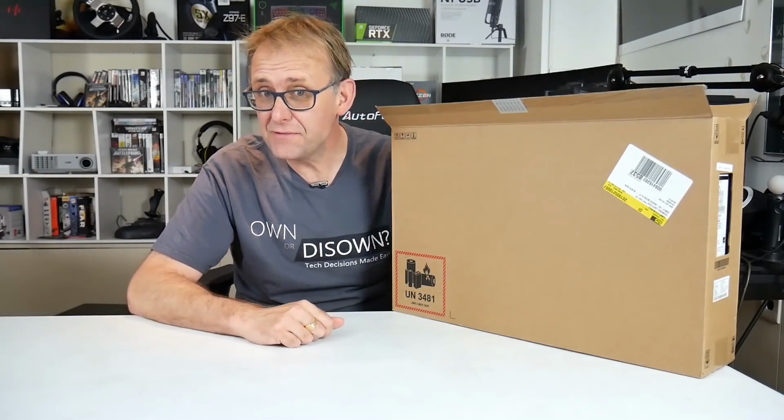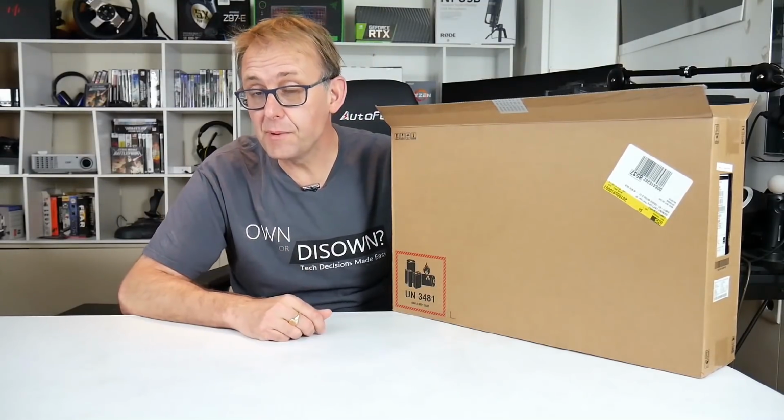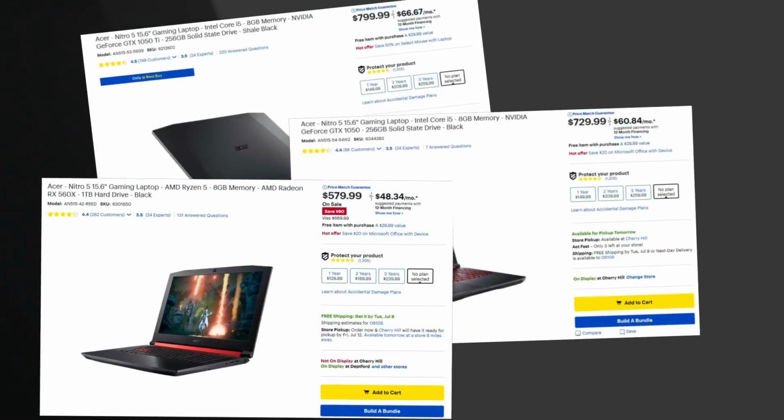Well, this is going to be my first look at the Acer Nitro 5. I didn't get a chance to look at it last year, but it's a very popular laptop because it's affordable and it represented good value for people who want to get into PC gaming, for students, and people perhaps trying to ditch their Xbox and get into PC gaming, because the base model started with a Ryzen 5